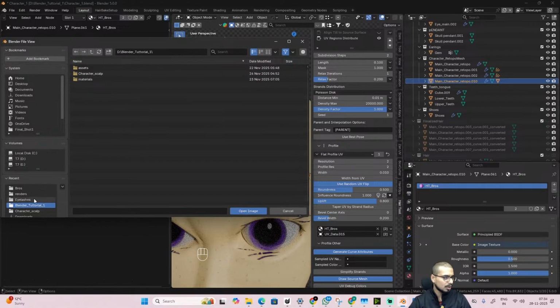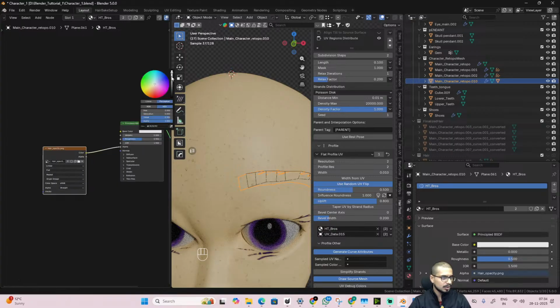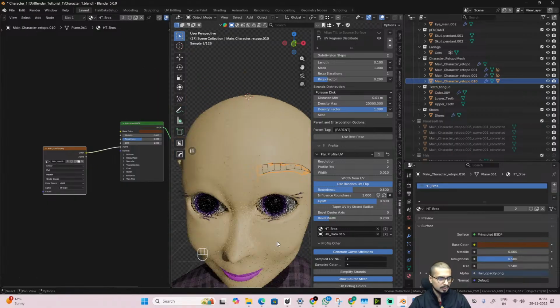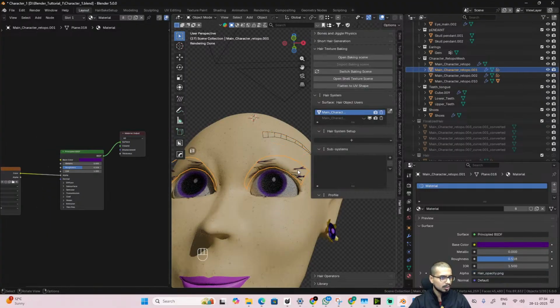Open and browse. So I'll add this to alpha and change the color as well to something that I can see. Okay, I don't know why, but